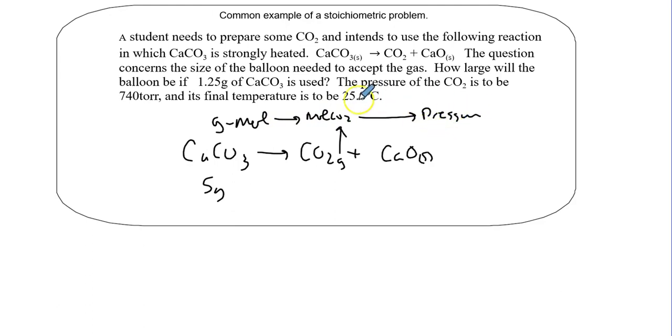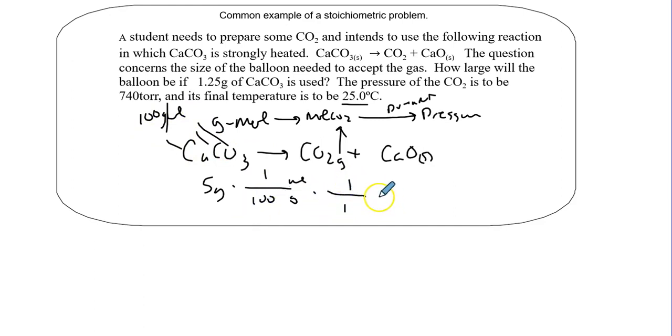I have to use PV = nRT because I'm not at STP. PV equals nRT. So 5 grams, grams to moles. Adding that up, I believe we get to 100 grams per mole. Hopefully that's right. 100. And then it's a 1-to-1 ratio to moles of carbon dioxide, and then I'm going to